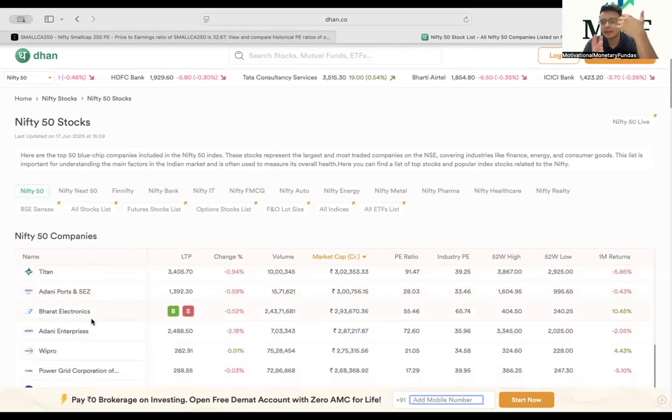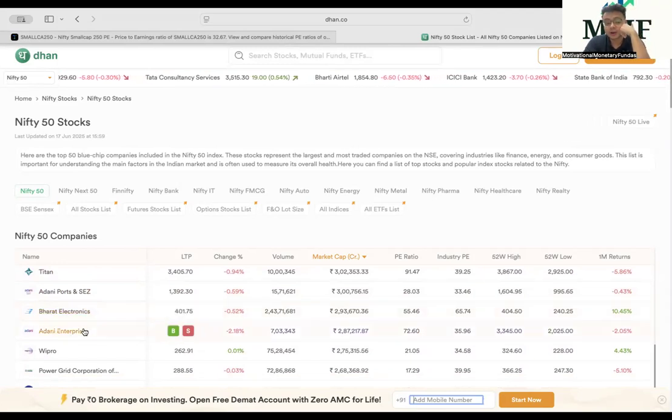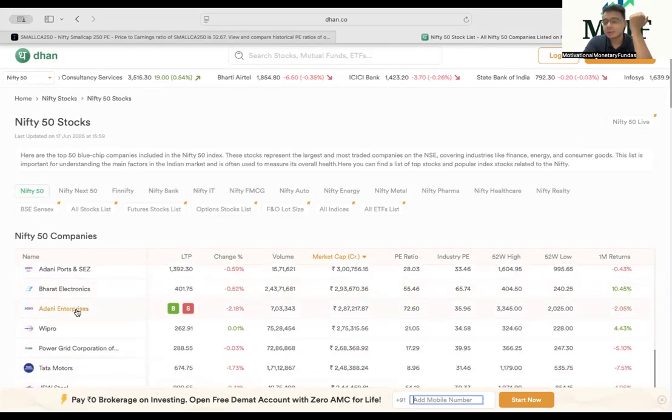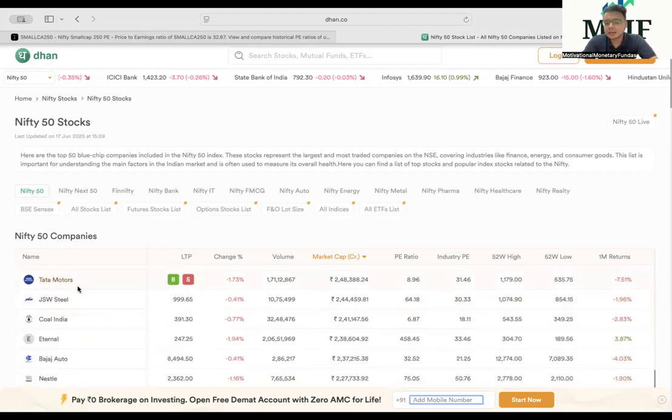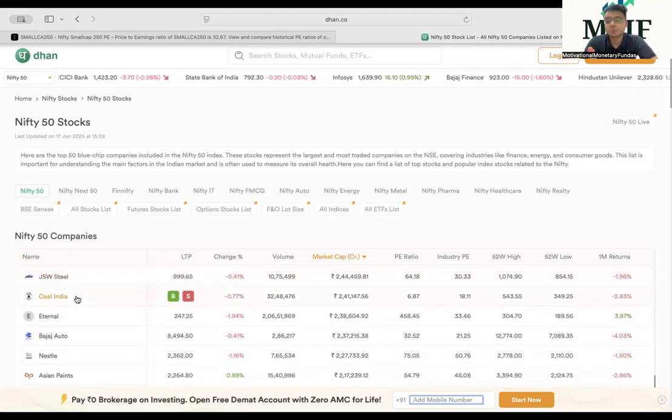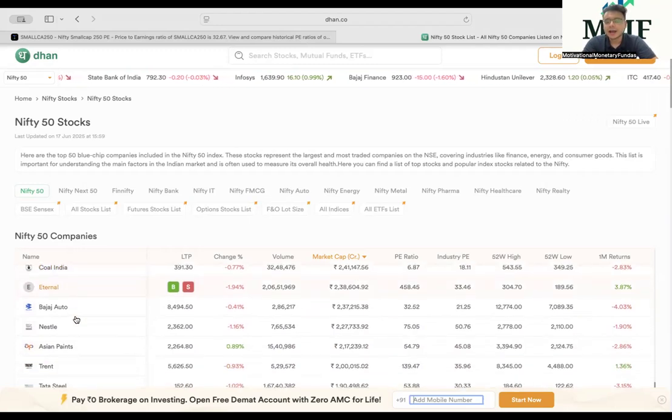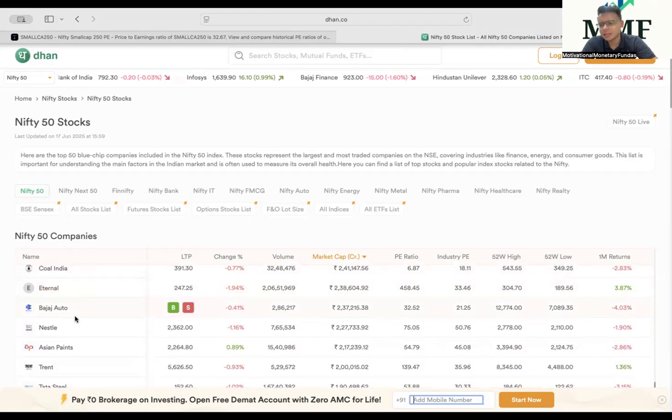अदानी पोर्ट्स कॉम्प्लिकेटेड कंपनी है, प्राइस टू बुक वैल्यू और लाइक EV टू एबिटा। भारत इलेक्ट्रॉनिक्स प्राइस टू बुक वैल्यू और EV टू एबिटा. Adani Enterprises, complicated valuation, same as Reliance Industries or ITC. Wipro, price to earning. Power Grid, heavy cyclical company है, price to book value. टाटा मोटर्स प्राइस टू अर्निंग कर सकते हो, जेएसडब्ल्यू स्टील प्राइस टू बुक वैल्यू और ईवी टू एबिटा, कोल इंडिया अगेन प्राइस टू बुक वैल्यू, एटर्नल कंज्यूमर टेक डिस्क्रिशनरी कंपनी है, जोमेटो है अपनी, प्राइस टू अर्निंग कर सकते हो।